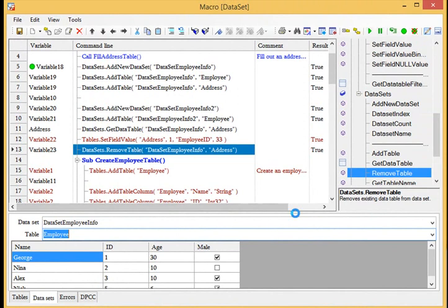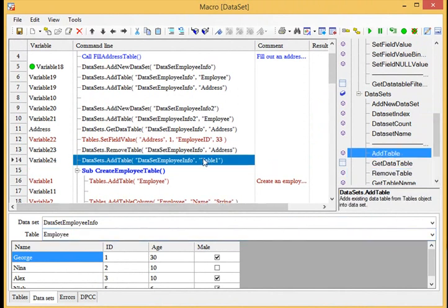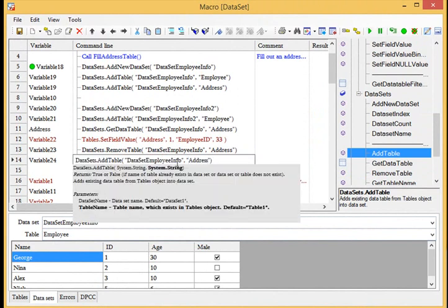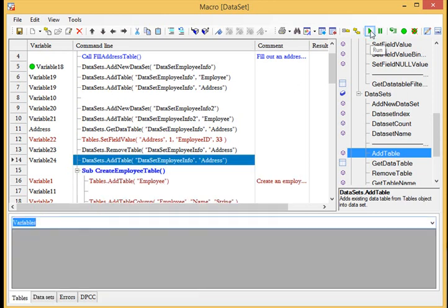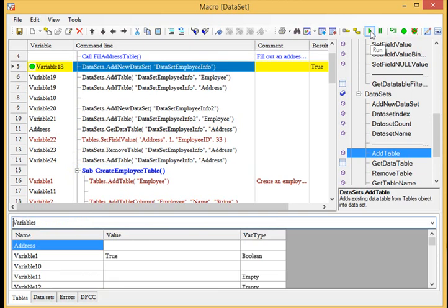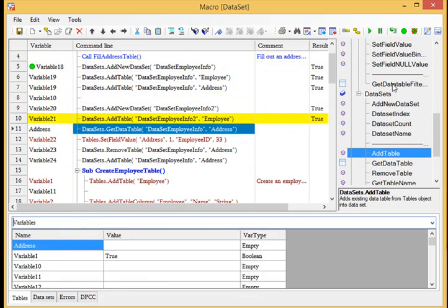So let's double click on add table macro command. So we should add the address table to this dataset. Let's run to the breakpoint, then F8 key,